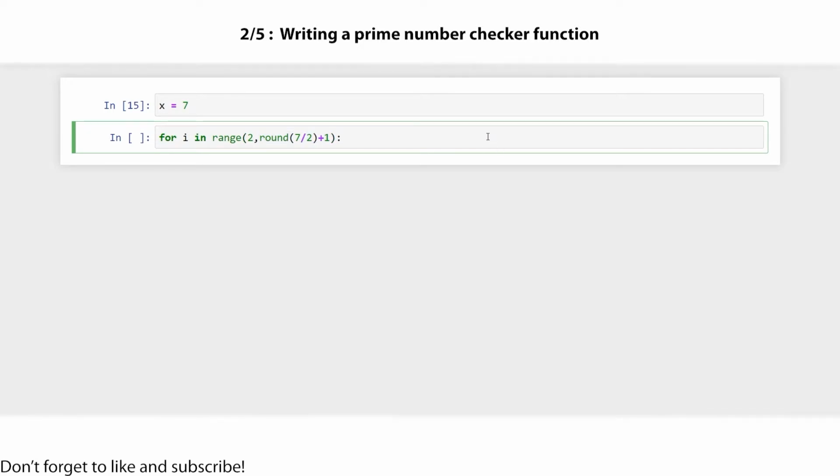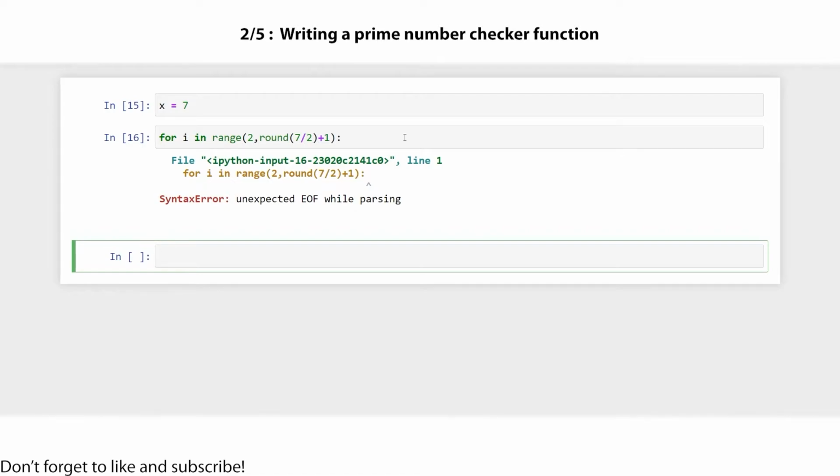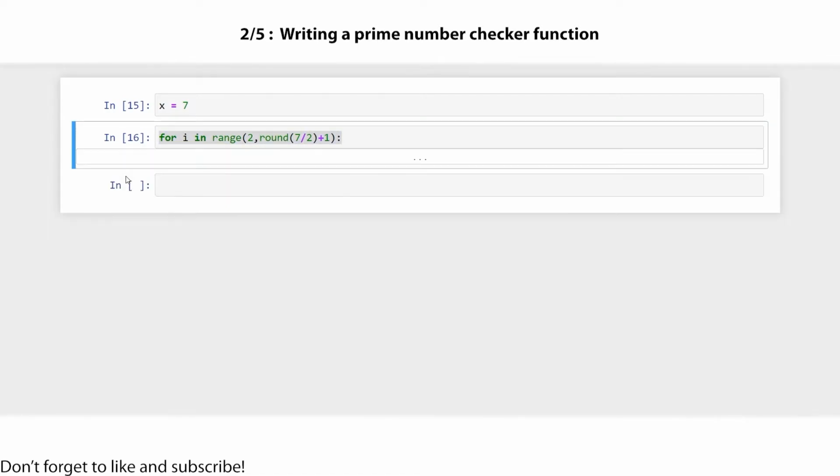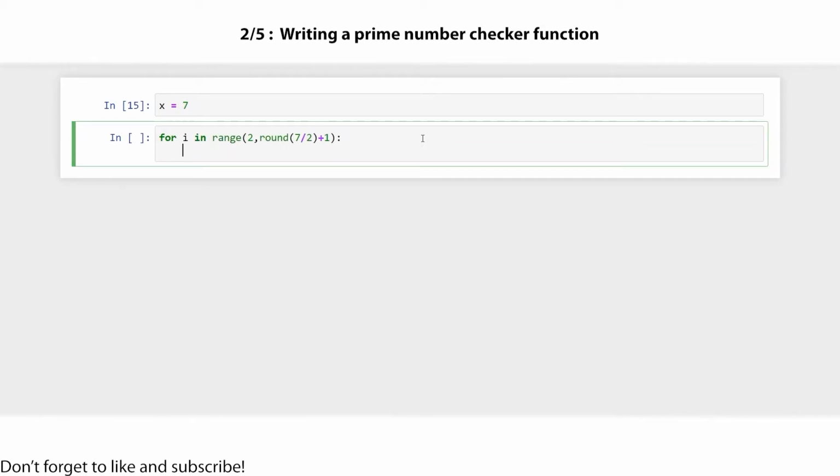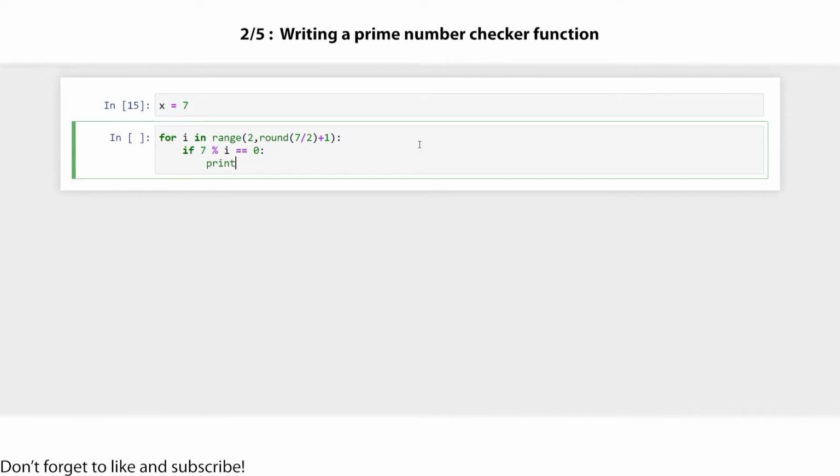So I'm going to put a colon here. Oops, I wasn't meant to run that. So let me copy that and delete that. Let's try again. So what am I doing here? I want i to start from 2 and go all the way up to half of 7 rounded. Every time it goes through the loop, I want to check if 7 divided by that number gives me a modulo of 0. So if 7 modulo i is equal to 0, then I can print,